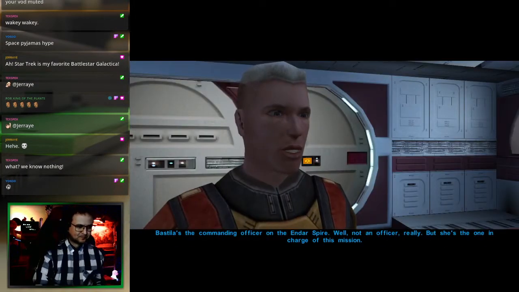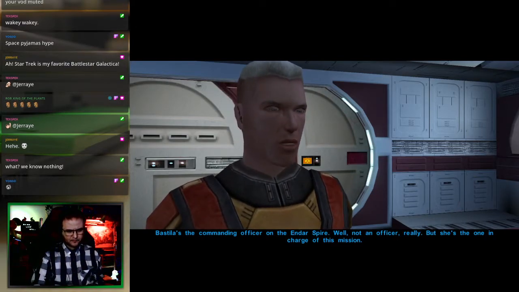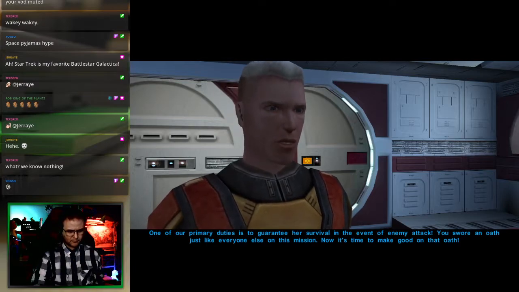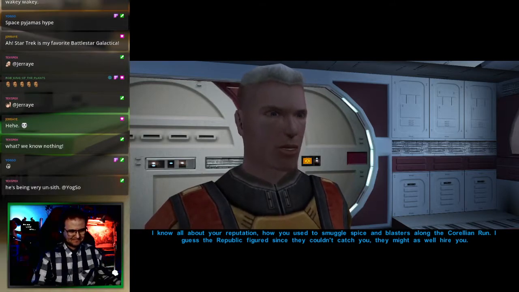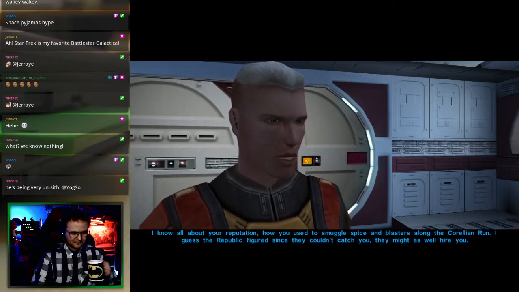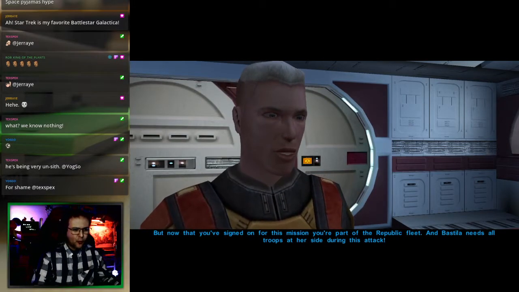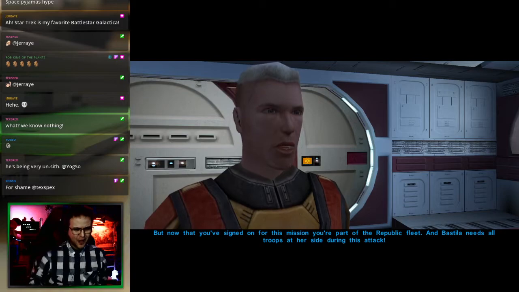Who's Bastila? Bastila is the commanding officer on the Endar Spire. Well, not an officer, really. But she's the one in charge of this mission. One of our primary duties is to guarantee her survival in the event of an enemy attack. You swore an oath just like everyone else on this mission. Now it's time to make good on that oath. I know all about your reputation. How you used to smuggle spice and blasters along the Corellian run. I guess the Republic figured since they couldn't catch you, they might as well hire you. And I'll admit, the Republic is in desperate need of someone with your kind of skills. Desperate enough to overlook your shady past. And now that you signed on for this mission, you're part of the Republic fleet. And Bastila needs all troops at her side during this